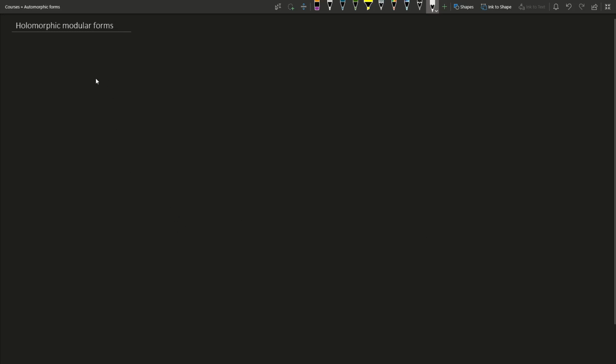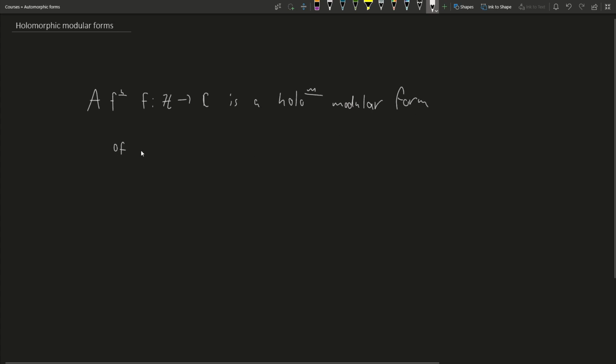Here I'm going to define holomorphic modular forms. A function f from the upper half plane of the complex numbers is a holomorphic modular form, and then we have some adjectives of weight k, and we're going to see that k, at least for this definition, is going to be a positive integer